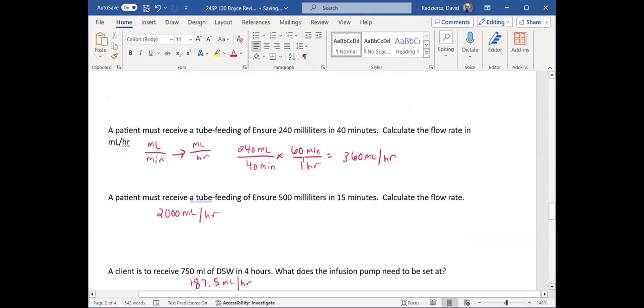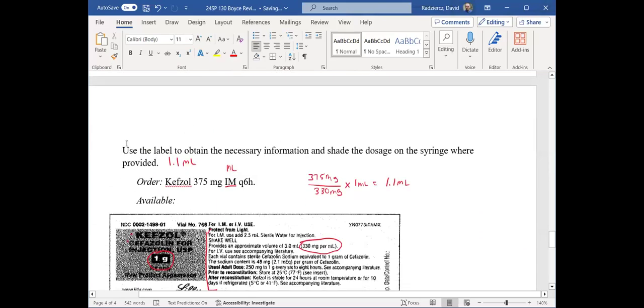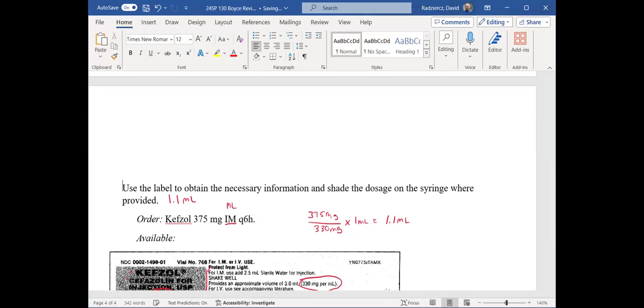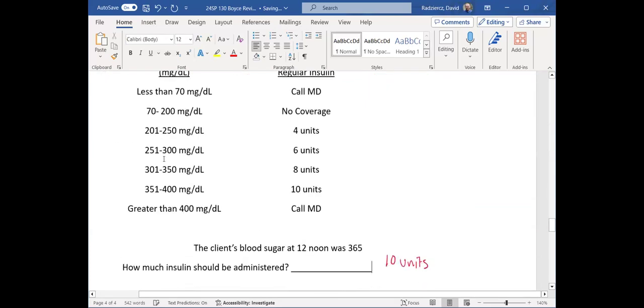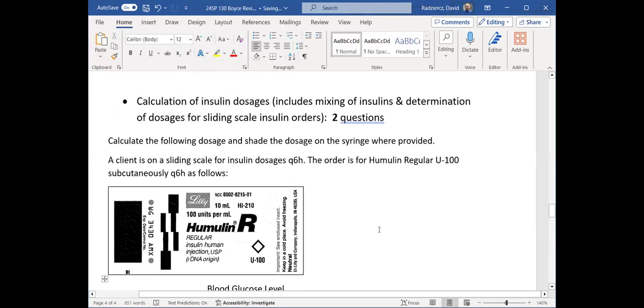All right, let me create this question here. All right, so when you're dealing with insulin, it's going to give you some things. Some of it might just be mixing, so you're just going to add the two together. And then I think what they're testing you on with this type of question is, do you know how to mark the syringe? So if it gave you 10 units of one type of insulin and 20 units of another type of insulin, can you mark 30 units on the